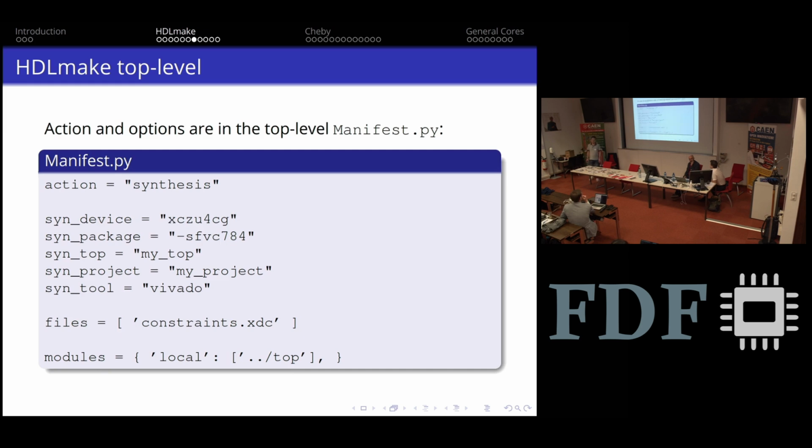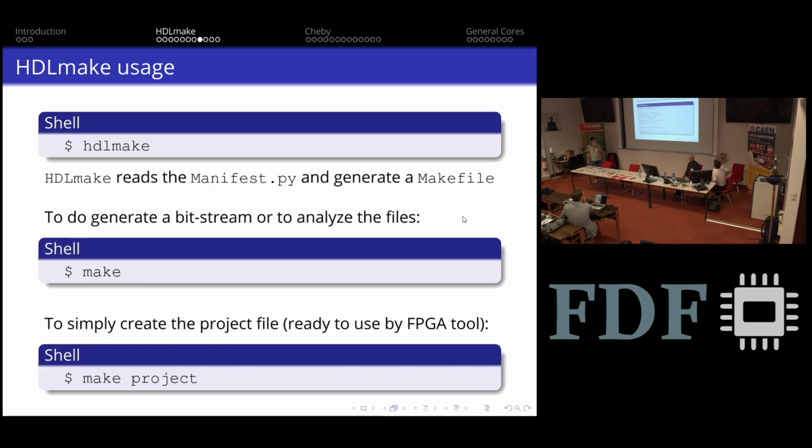And finally, at the top of your project, you have to describe what you want to generate. In general, what we do a lot is to generate a particular project for a particular synthesizer. So you have to declare exactly which FPGA you want to target using which tool, and probably also add a constraint file because it's very particular to the vendor. So when you have this kind of file, you can just run